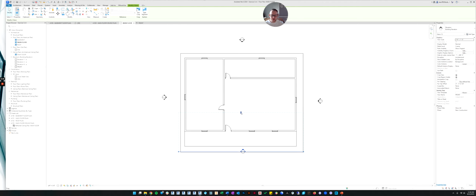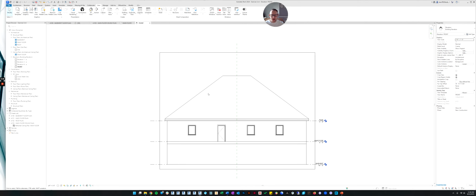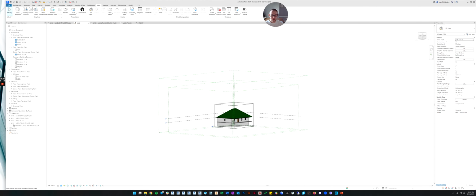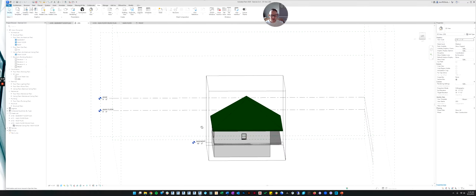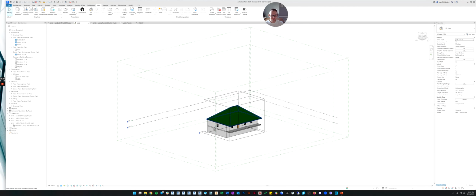And you can see if we just drag this arrow back, now if we go look at our view, it goes all the way to the top of the roof. And if we go back to our 3D view, and I right click on the house and say Orient to View, elevation, and I go to front elevation, it'll refresh. And now you can see it's showing us that that view is cutting the whole house.